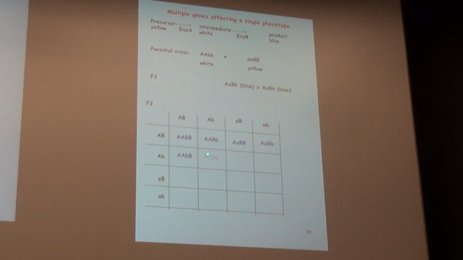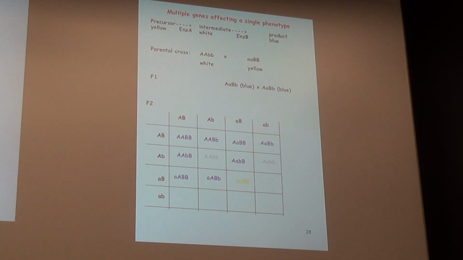But now what happens here? Your big A, little b, little b. What phenotype would big A, little b be? So you're big A, but your little b is going to be white. Right? So you're taking a blue corn, crossing it to a blue corn, and now you're getting blue and white. White's a completely new color in a sense. Then you get blue again, and then you get another white, big A, little b. And then big A, big B will be blue, big A, big B will be blue, but then here,